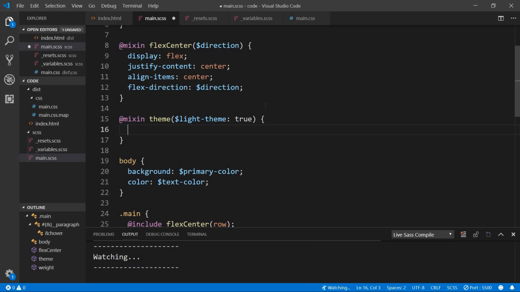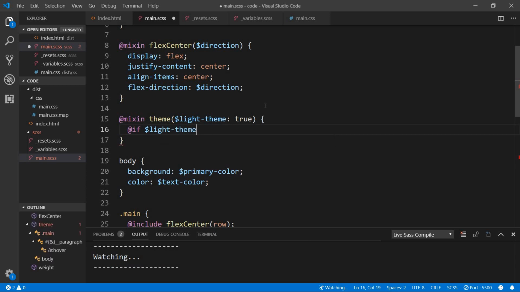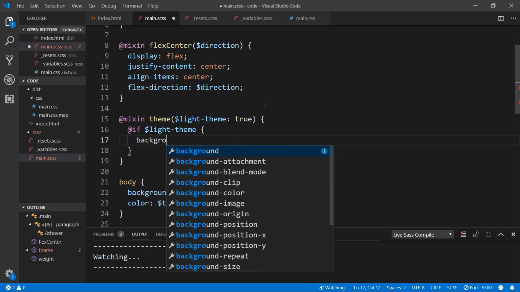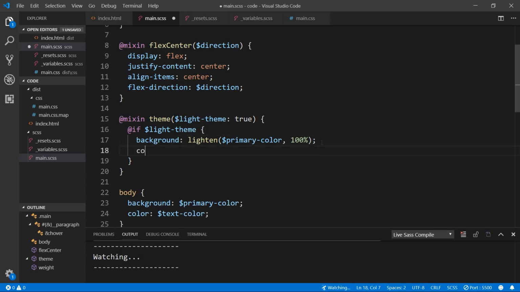Now, again, if you're familiar with JavaScript, in Sass we can use if statements. So we're going to say if light theme, so that means if light theme is true, then we're going to set background. Now currently background is set to primary color, but what we're going to do is wrap this in a lighten, and then we can tell it how much to lighten it by. We're going to say 100%. So it's basically going to invert the color,